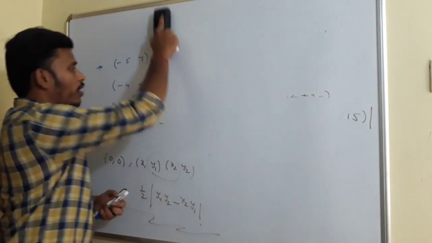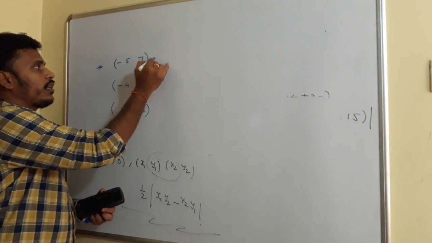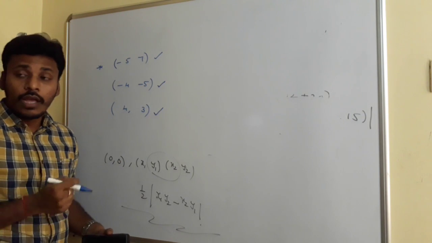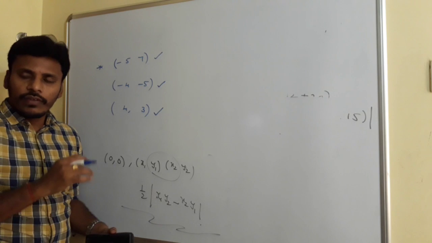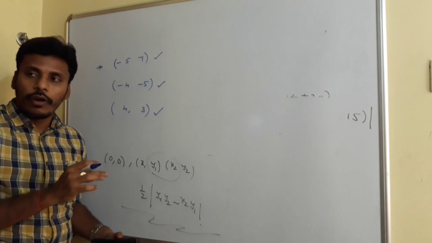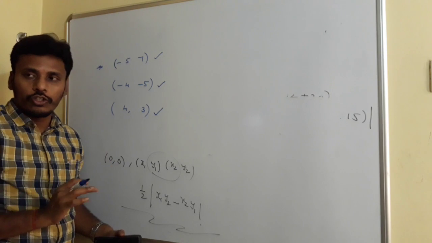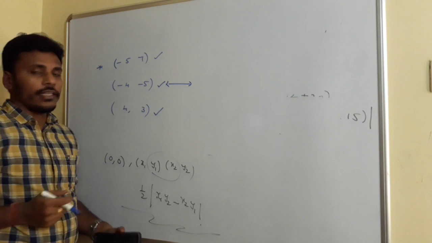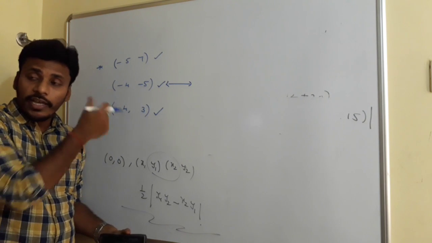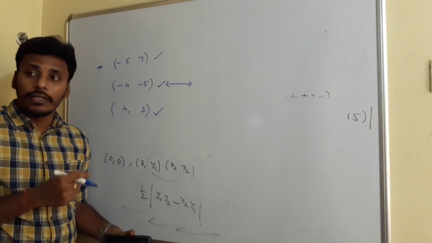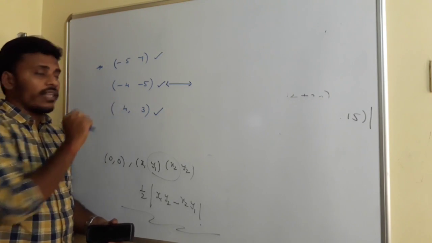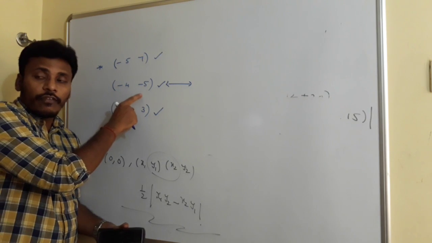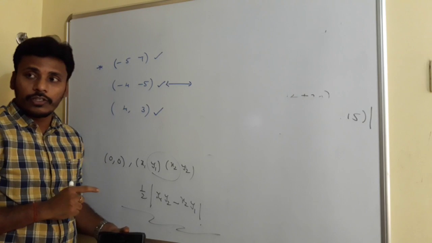To find the area of this triangle using this technique, there are 3 given vertices in different manners. You need to make any one of the vertices 0 comma 0. How to make one vertex 0 comma 0? First of all, decide one point which you need to convert into 0, 0. For example, if I am concentrating on this minus 4 comma minus 5, to change it to 0 comma 0, you need to add 4 for the x coordinate as well as 5 for the y coordinate. Then automatically it becomes 0 comma 0, right?